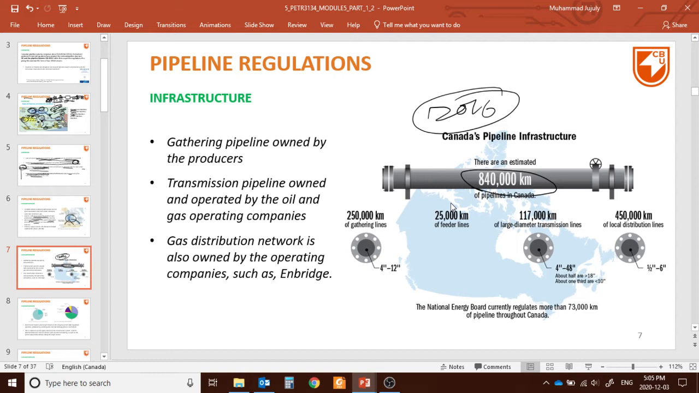It's even more. Okay, so the gathering pipelines are owned by the producers, the transmission pipelines are owned and operated by the oil and gas operating companies. Okay, and the distribution network is also owned by the operating companies. One operating company is Enbridge, and Husky is another operating company. That's why you will find lots of gas stations with Enbridge or Husky operating and distribution. They have a large distribution network. Okay, but the transmission pipelines are also owned by the operating companies, while the gathering pipelines are owned by the producers. Okay, now